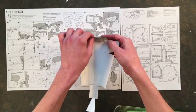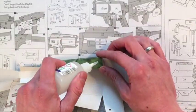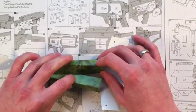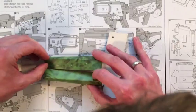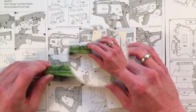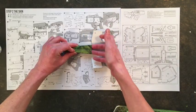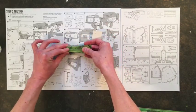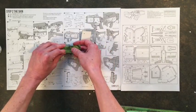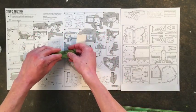So I'm just going to crease along all of the fold marks, so you kind of get it. So we're just going to take a little bit of super glue, a few dots along one side, and then fold those two pieces in. The fact they fold into each other gives it quite a lot of stability at the base of the stock. Okay, so just going to glue those two together. So once those two bits are stuck,